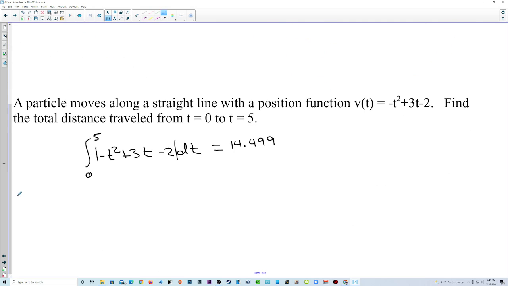A particle moves along a straight line with a position function. Excuse me, that's not position. That's a mistake. This is, no, that is position. I had velocity. Oh, no, velocity. With the velocity